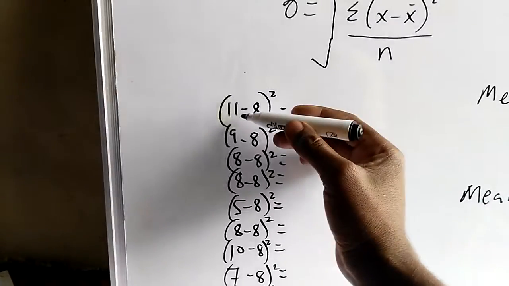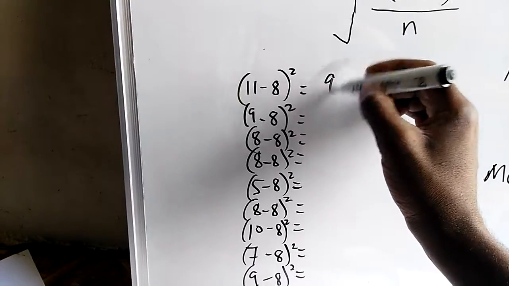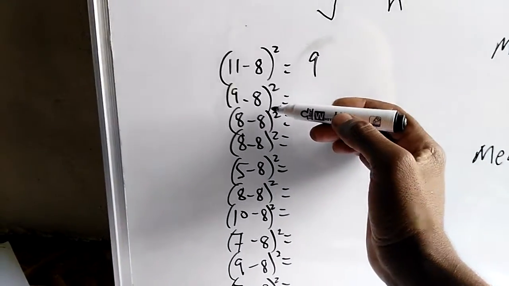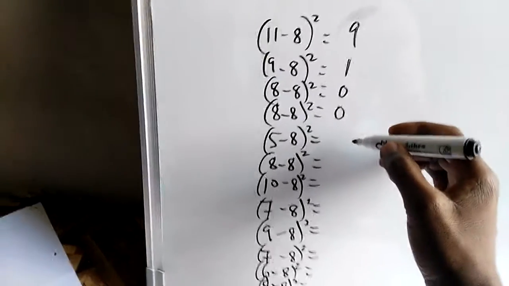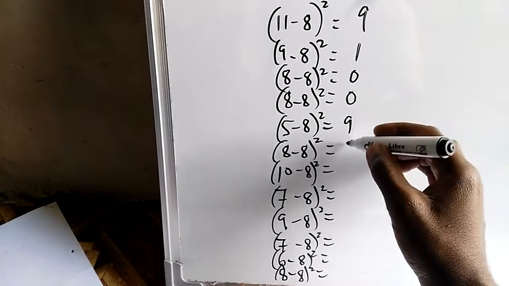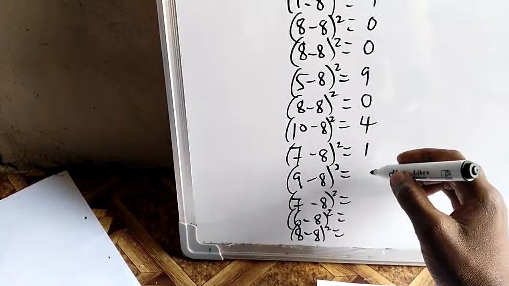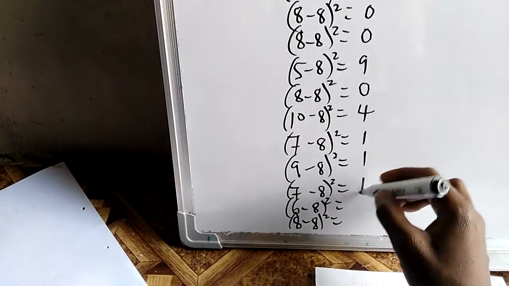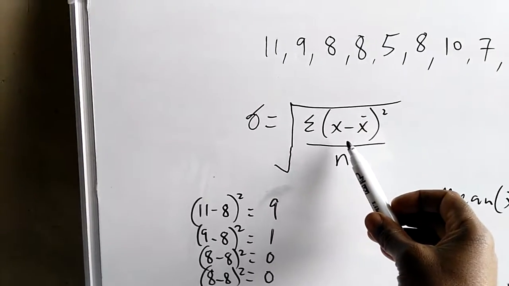And so we'll have 11 take away 8. You have your 3, square. You have your 9. Means 3 times 3. 9 take away 8 is 1. 1 times 1. 8 take away 8, even if we were to square, we'd still get a naught. 5 take away 8, -3 square. There you have your 2 square, you have your 4, -1 square, 1. Square, square, 4, nil. The total sum of these gives us the sum of the marks take away mean